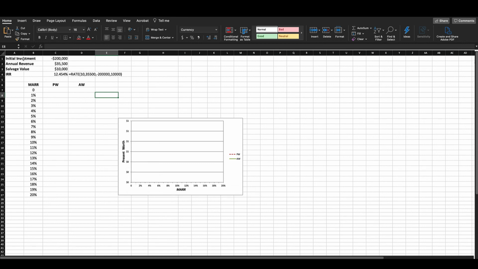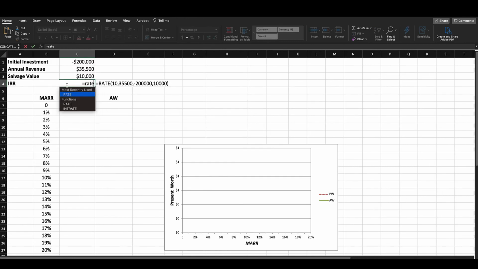So what I want to do here is, here I'm listing the information. As you can see, the initial investment of this project is $200,000, so that's why I put a negative sign behind it. There's an annual revenue of $35,500, salvage value of $10,000, and here I calculated the internal rate of return, and the formula to calculate that is rate. So in Excel, if you put in rate, there's a function that you can use to calculate rate of return,